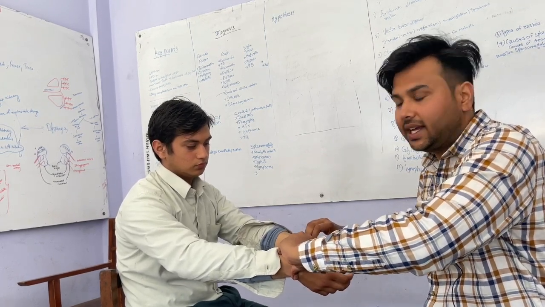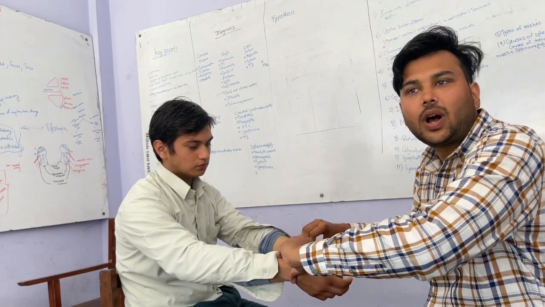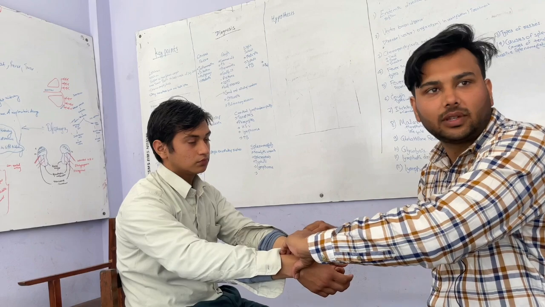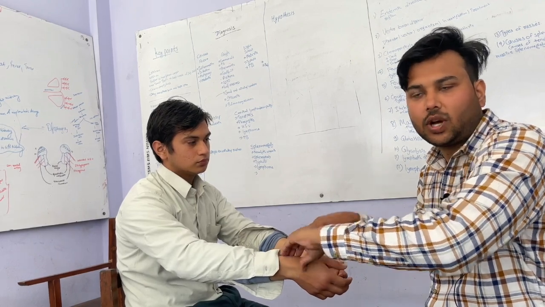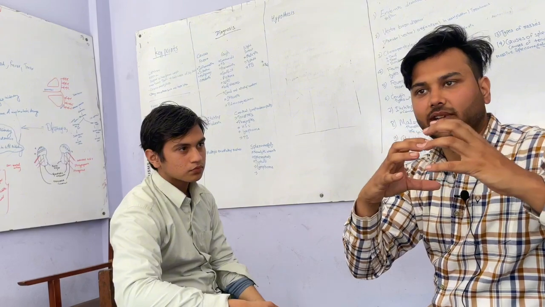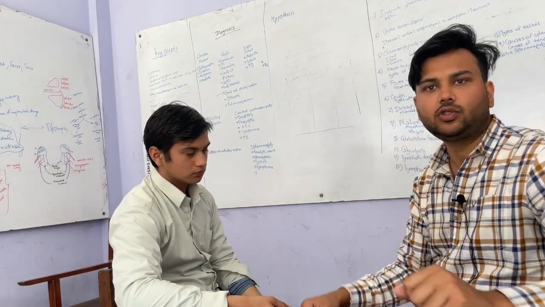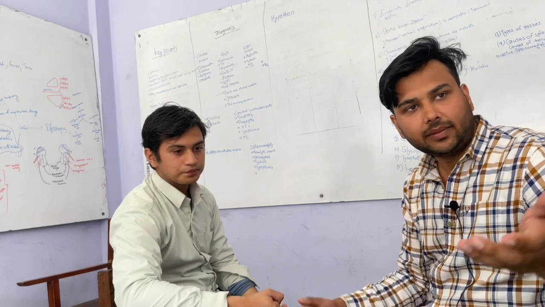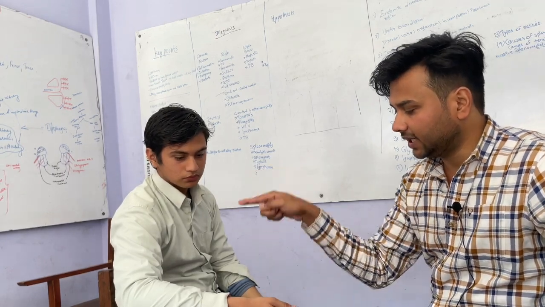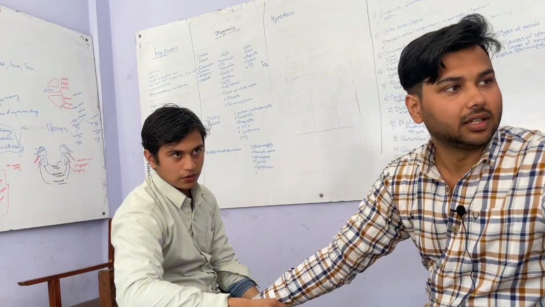There are some conditions like subclavian artery aneurysm, subclavian artery stenosis, and coarctation of aorta proximal to the left subclavian artery. Coarctation means abnormal narrowing of the aorta proximal to the left subclavian artery. In such a condition, there can be a delay between the two pulses. The same can be done by comparing the radial pulse and femoral pulse, and that will be called radiofemoral